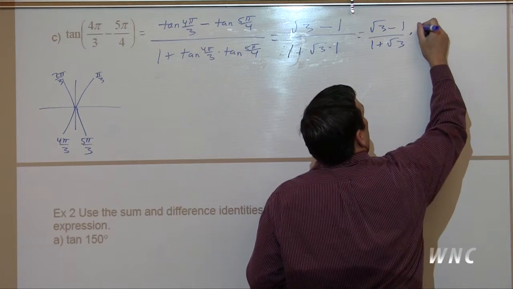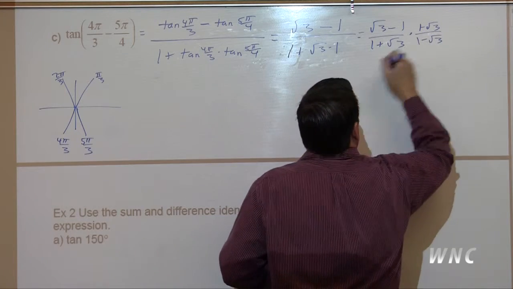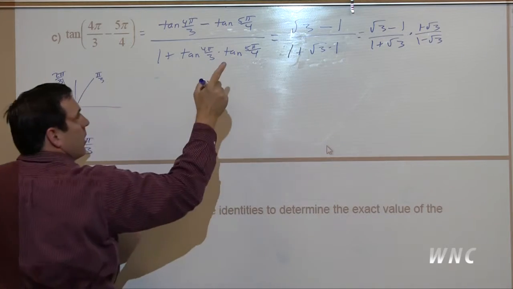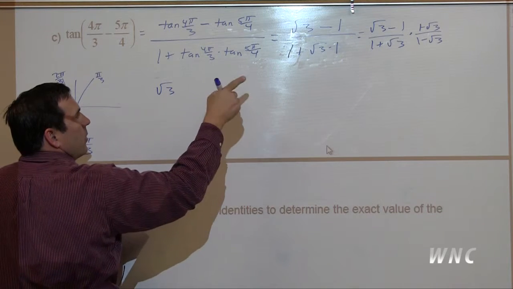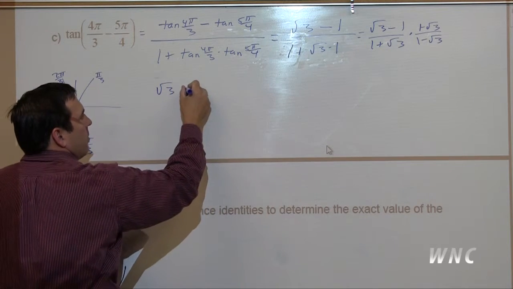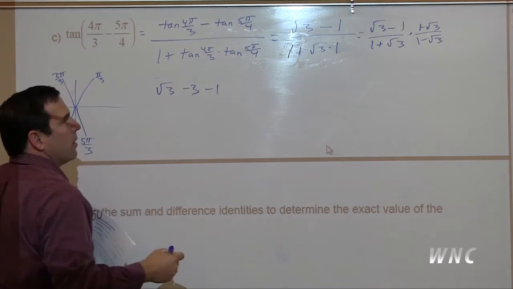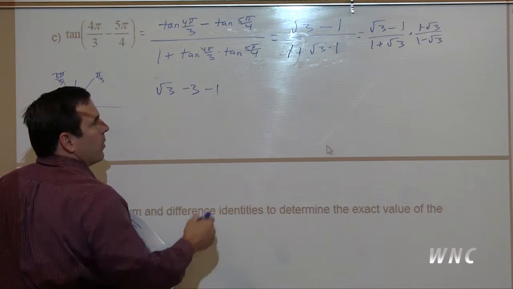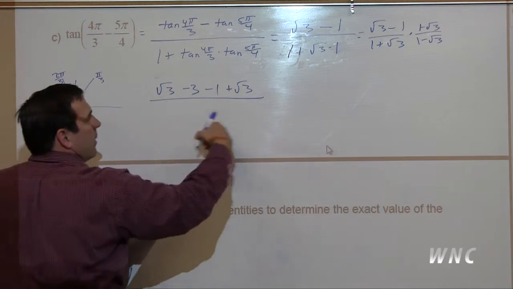Multiply by 1 minus the square root of 3 over 1 minus the square root of 3. So we have square root of 3 times 1 is square root of 3. Square root of 3 times negative square root of 3 is minus 3. Negative 1 times 1 is minus 1. Negative 1 times negative square root of 3 is plus the square root of 3 over,